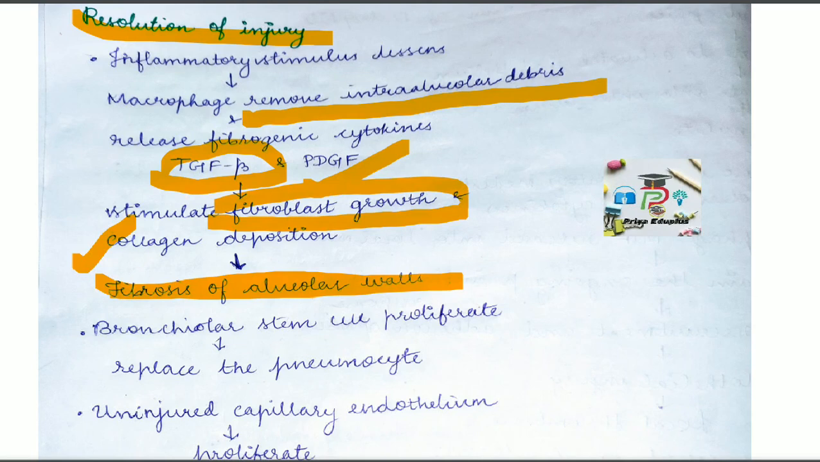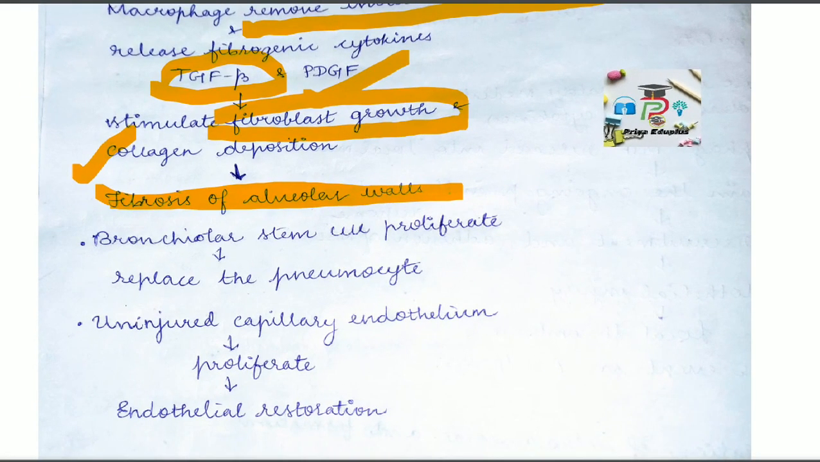Okay, then next, bronchiolar stem cells will proliferate and replace the pneumocytes, and these type 2 pneumocytes will produce surfactant. Then next, about blood vessels. The uninjured capillary endothelium will be present. This uninjured capillary endothelium will proliferate, and the endothelium gets restored. Okay,